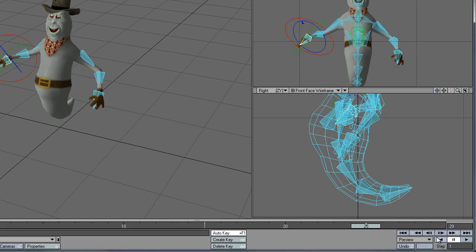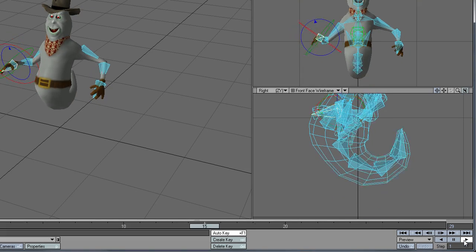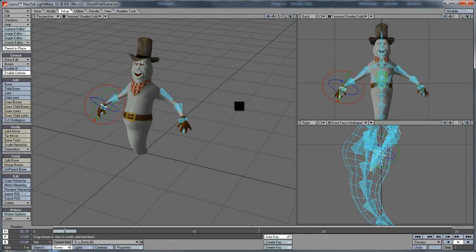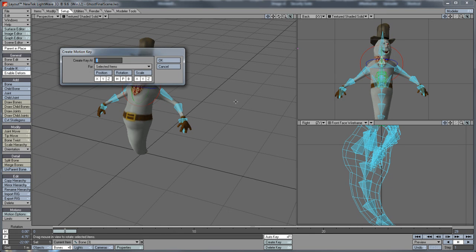I set the end frame to 29 because since I had set the same keyframe on 0 and 30, that would be a double frame there, so it'd be a little bit of a pause. So we'll stop it at 29 actually. I'm just going to test rotating his head a little bit.